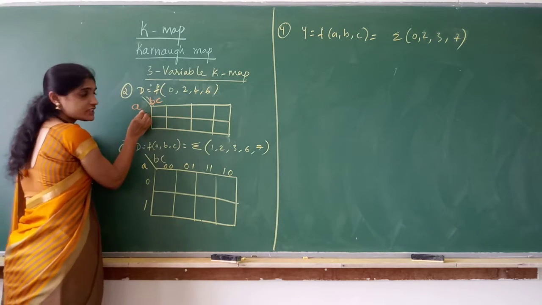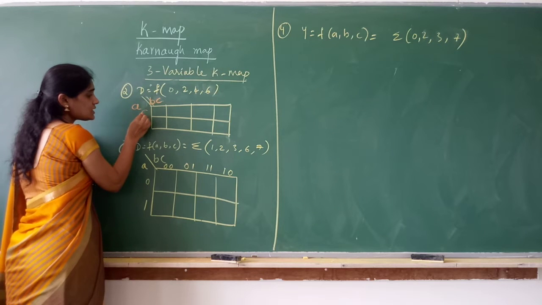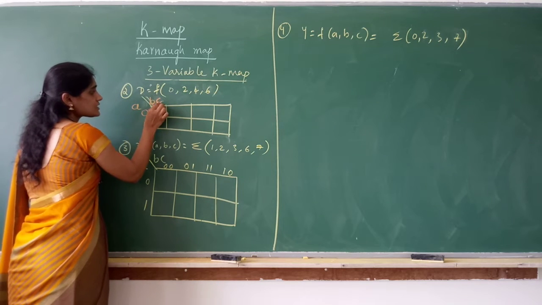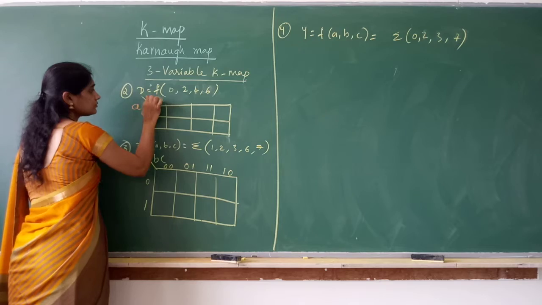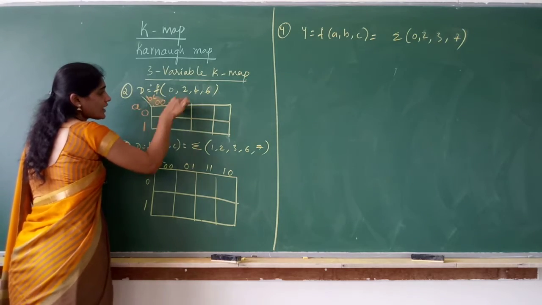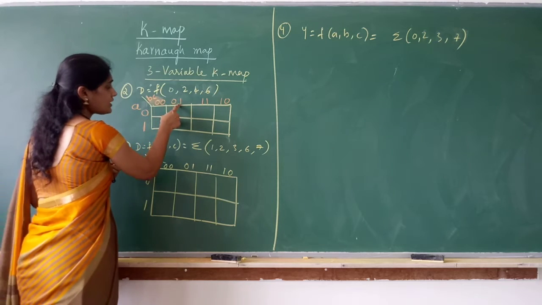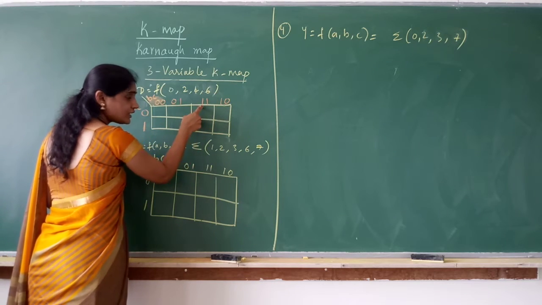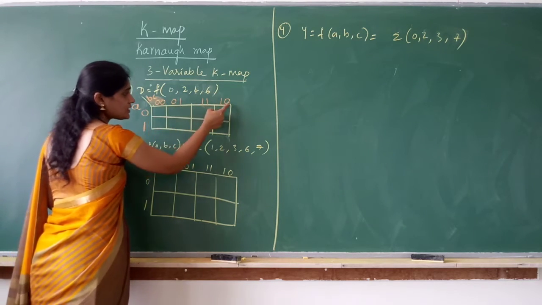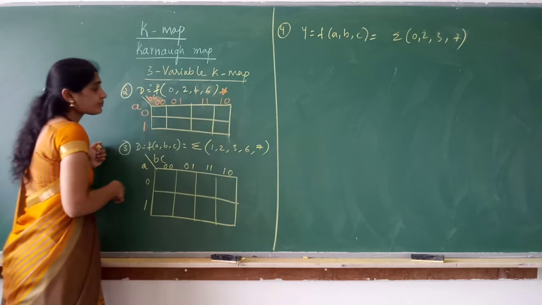Now, what will I write here? Since I have got only one variable, 0, 1. Here it is 0, 0, 0, 1, 1, 0, 1, 1. Yes? 0, 0, 0, 1, I have to write 1, 0 here, then here 1, 1. So 0, 0, 0, 1, 1, 0, 1, 1. This is an important point.